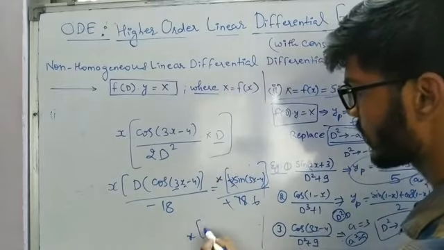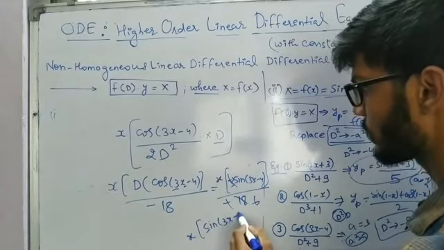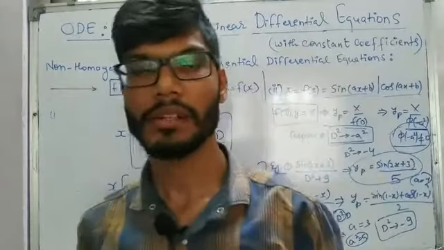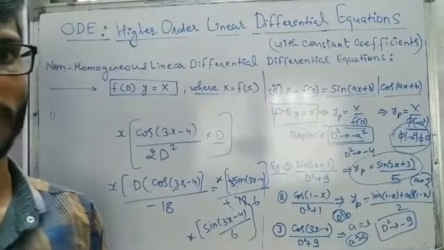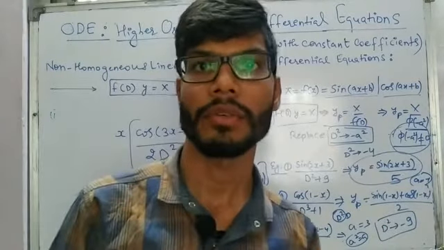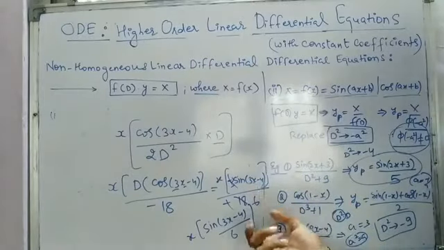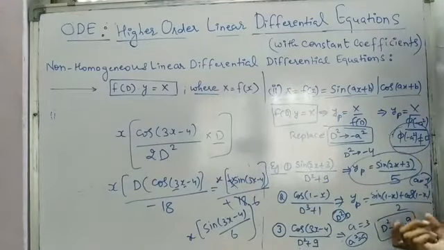So the answer will be x into sine of (3x minus 4) divided by 6. So that's how you have to deal with case number 1 or case number 2. And in both the cases I have given the format for how we are going to deal with the differentiation, if you are getting f of D or f of phi of minus a square in the denominator